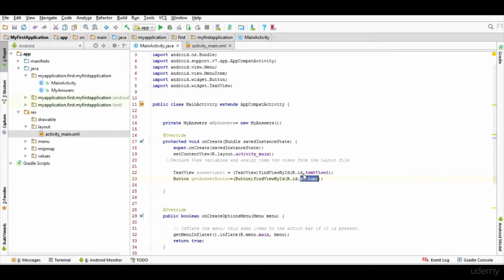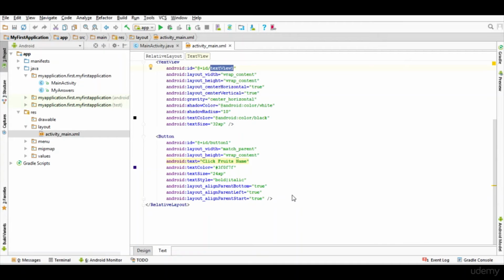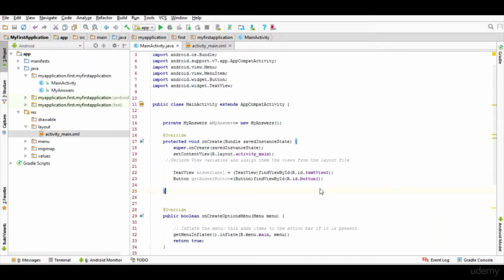We can just go ahead and see it. As you can see in this line, id button one, this only gets attached to your main activity class. So this is how we have declared our views and attached them to the main activity class. Then in the next section I'll show you how you can add an on click listener to that button, and on click of that how the answer will pop up. So thank you, and let's begin the next section.